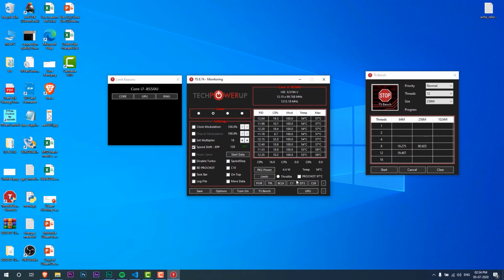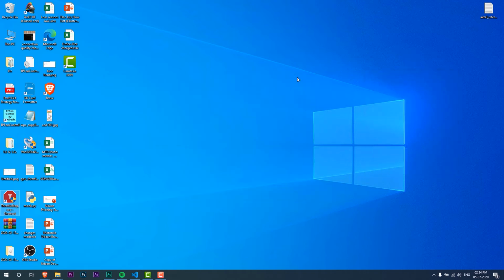So once you've finished making changes to your settings, all you have to do is click on the save button, turn on ThrottleStop and minimize it. And that's it. Your CPU is now running based on whatever changes you've made, and it should ideally lead to a temperature drop of at least in the lines of 7 to 8 degrees Celsius. For my CPU, the temperatures dropped from 85 to 70 degrees. So I could see 15 degrees of improvement by just making these changes.